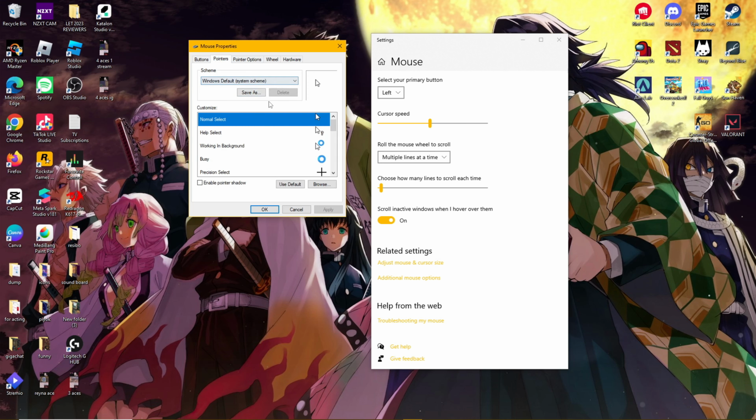So in here, you actually already have a bunch of options to choose from. By default, these are already available in your system. You have the magnified, system scheme, Windows black, extra large, large, and system scheme. You have the Windows default, inverted, standard, and whatnot. So by default, you already have these to choose from. However, if you really want the ones that are customized, then I'm going to show you where you can get